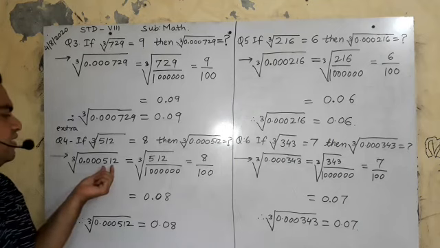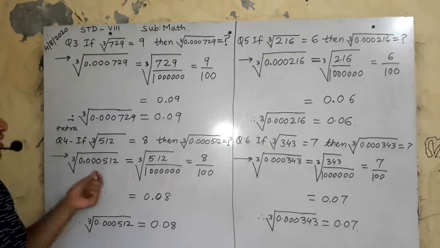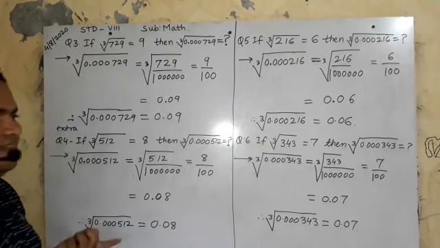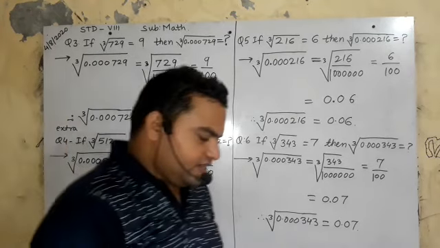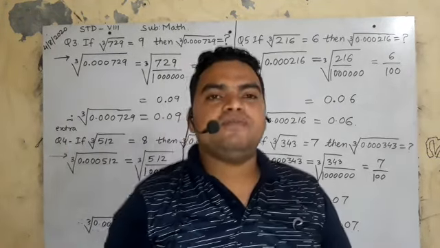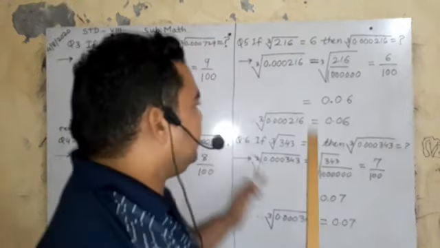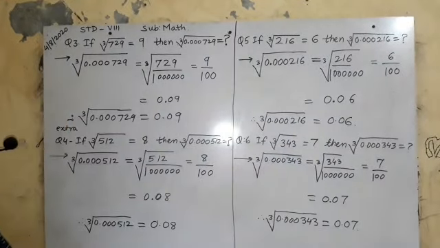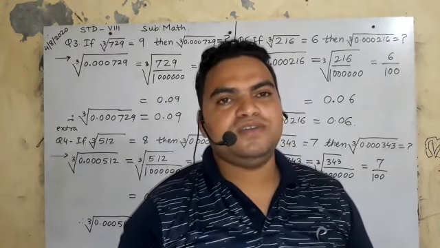Dear students, we only know the cube root of 512. We did not know about these zeros. So how will we simplify it? We will write it in fractional form, convert it to decimal form, and then you will get the answer easily. Is it clear? I hope you understood this, and you will solve all the questions in your notebook.